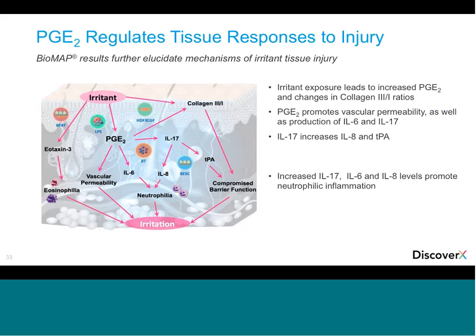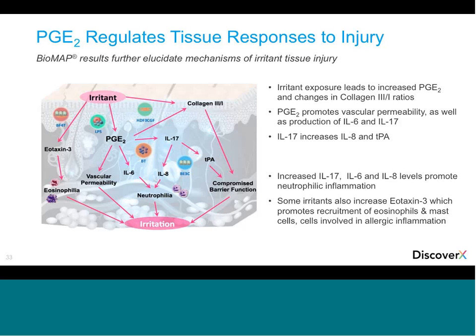site. And some irritants, including both retinoids and the client compounds here, also increase eotaxin-3 in one of our systems. Eotaxin is involved in the recruitment of allergic type inflammatory cells into sites of inflammation. And so here we can put together this model of how we think the irritants and this particular compound are acting to cause skin irritation. So you get a much fuller picture of the whole biological mechanisms that have caused irritants to cause tissue damage